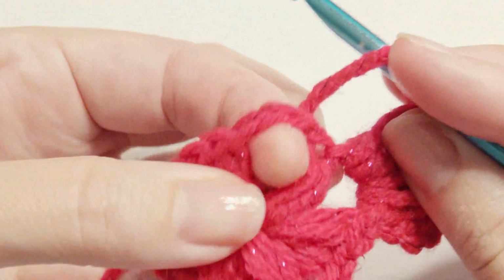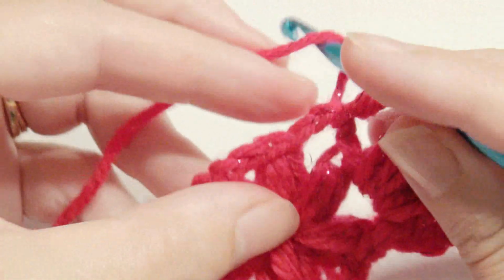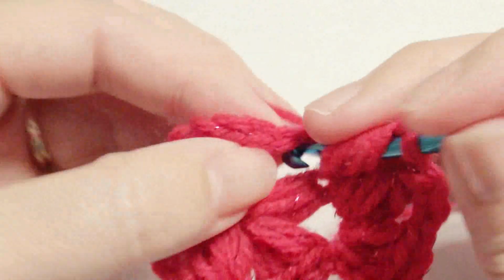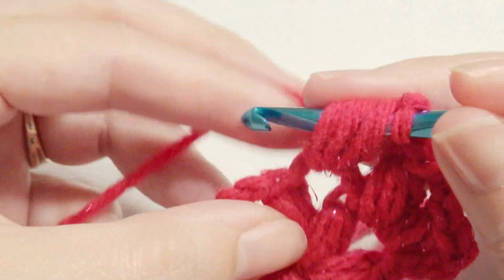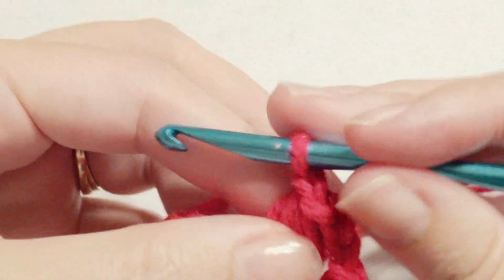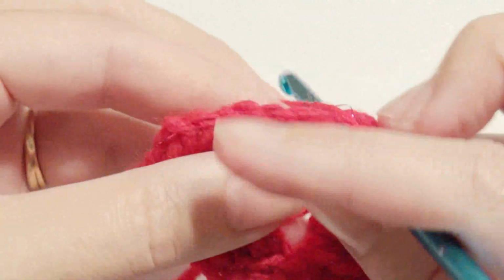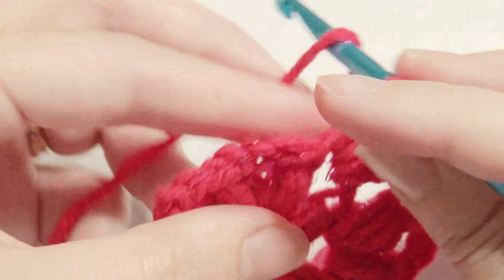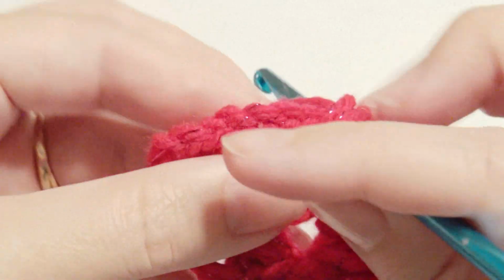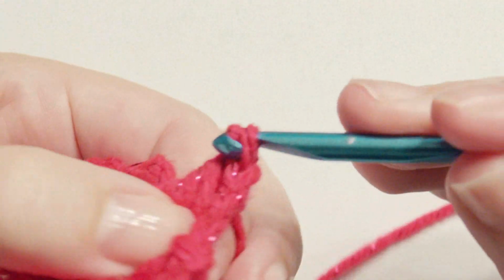You're going to create 2 puff stitches with a chain 3 in the center. So 1 and then 2, and this is the 3rd one, and then pull through all loops, then chain 3, and then another puff stitch in the center. So each chain space receives 2 puff stitches and a chain 3. And you're just going to repeat that around, and then chain 3,